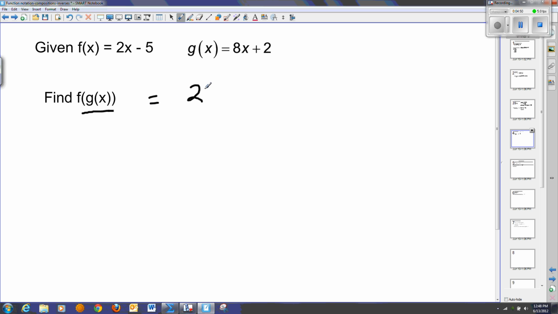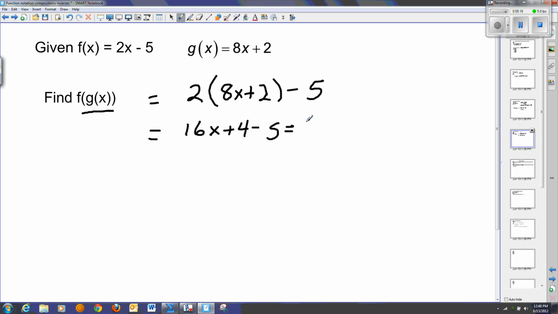I have 2, and I'm substituting the g function into the x value, and then I subtract 5. So f of g of x in this case is 16x plus 4 minus 5, or 16x